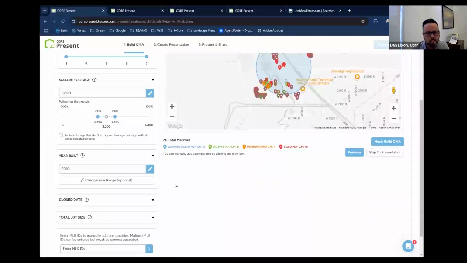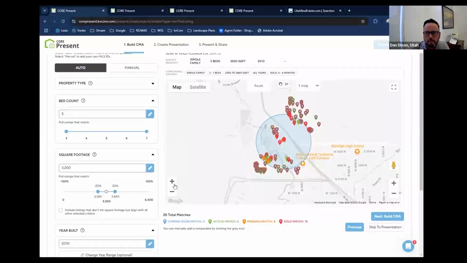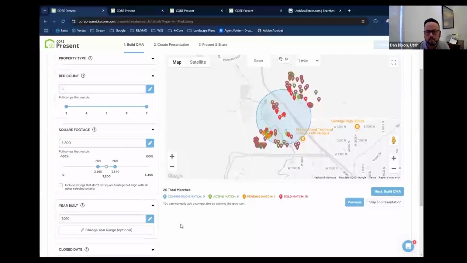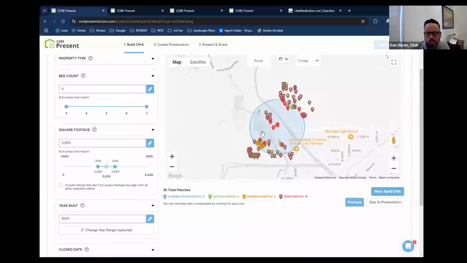Year built, I'm going to choose to ignore it. Actually, I should probably not ignore this. So in this neighborhood, some of you may know it, some of you don't. This is Point of the Mountain. Here's Salt Lake just north of us. This is Thanksgiving Point right here. Here's the freeway that runs through here. This section on the other side of the river, it's all brand new homes. This home here was built in 2010, so not totally comparable.